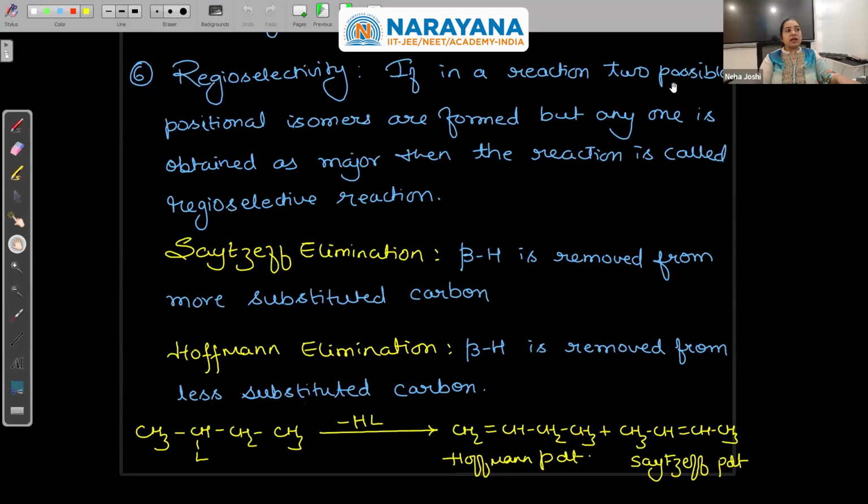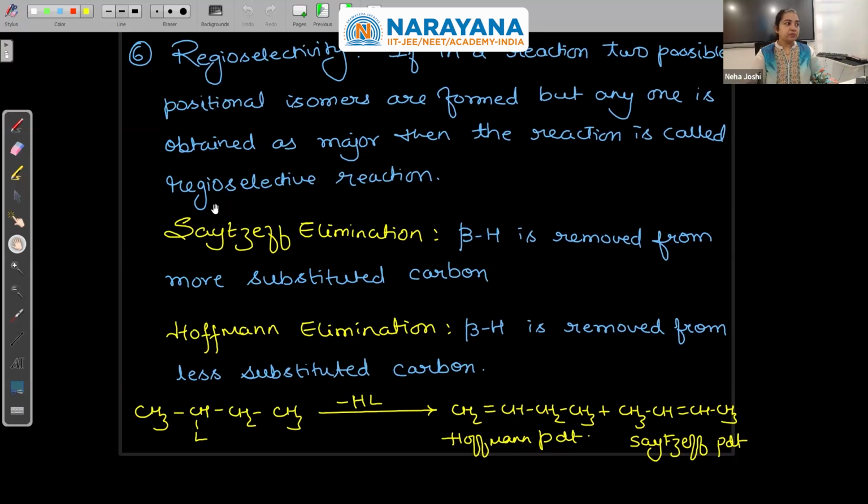Regioselectivity: if in a reaction two possible positional isomers are formed but only one is obtained as major, then the reaction is called a regioselective reaction. See, regio means region, selection of region, that is called regioselectivity. And now, which are regioisomers? Regioisomers are positional isomers. So if there is a possibility of more than one positional isomer to be formed, but the reaction is selecting some specific one, then it is called